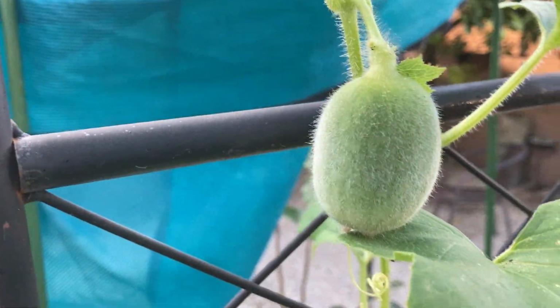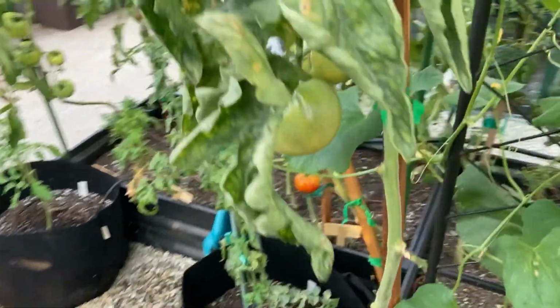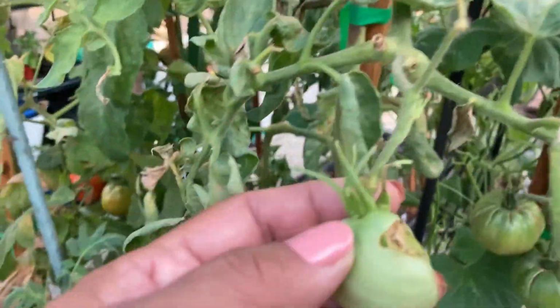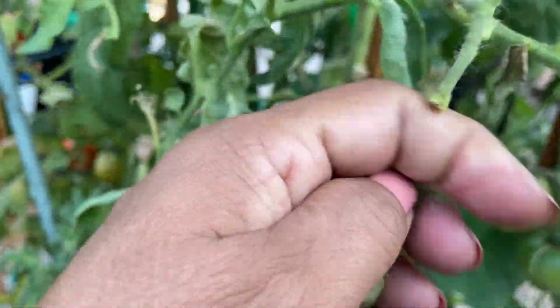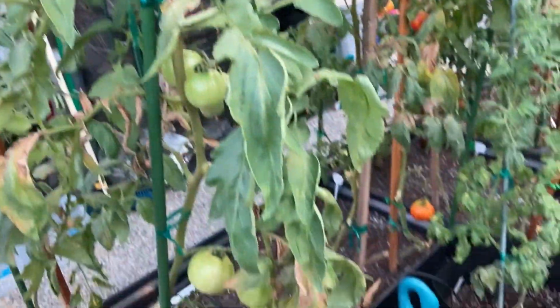And I appear to be having at least one cantaloupe coming along. And here's my also mildewed Durrani squash. Here's my pineapple tomato. And this, I better take it off because somebody's been munching on it. I do need to do one tomato hunt tonight if I can, because I hate to leave any